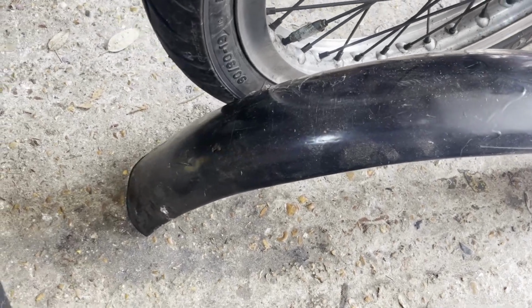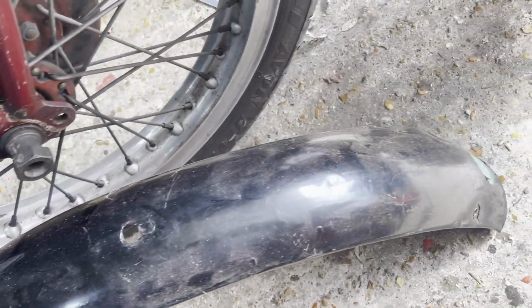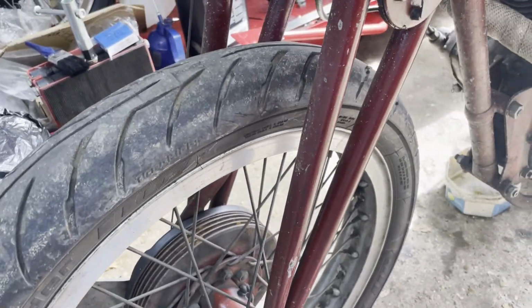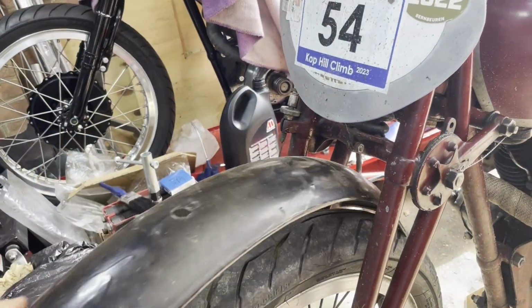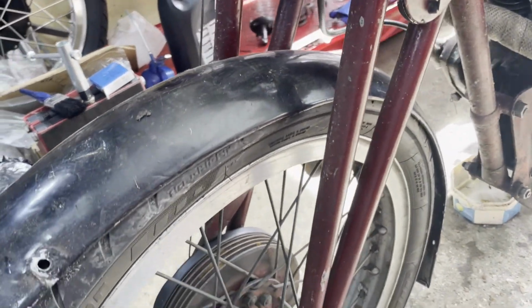So today's challenge is to take this scruffy old mudguard and we're going to fit it on the speed twin. Or we are, I am. Stop talking in plural, Paul. So